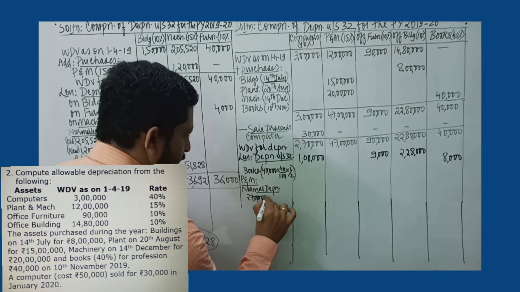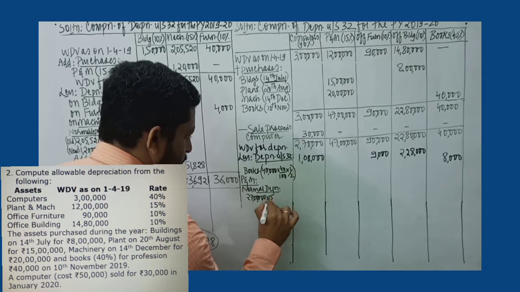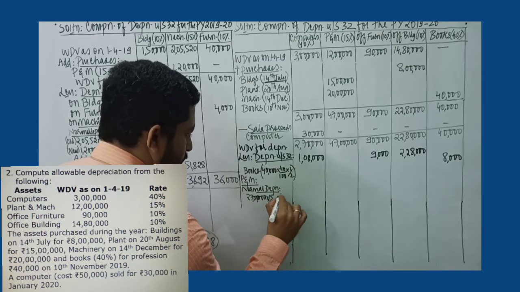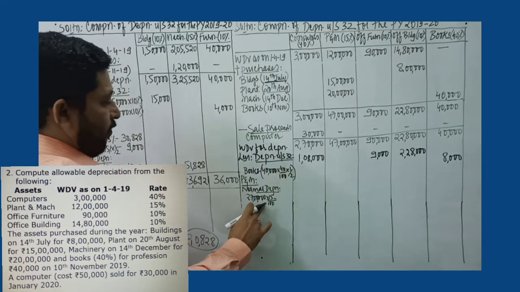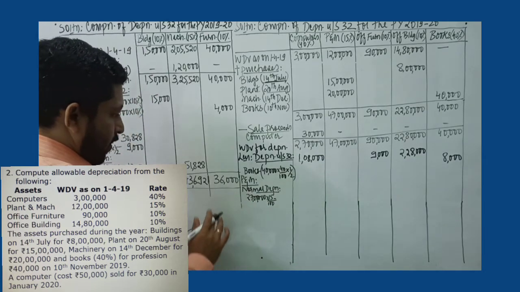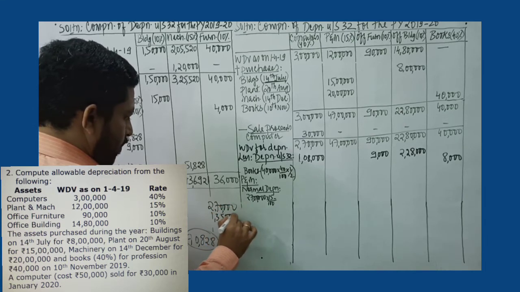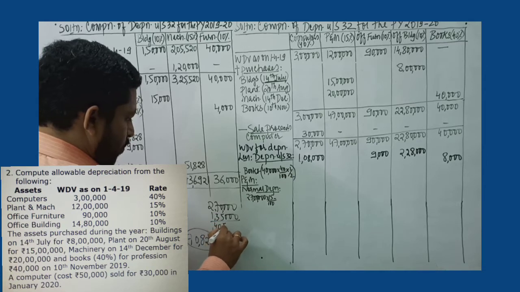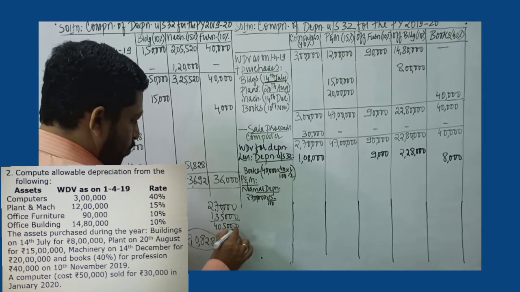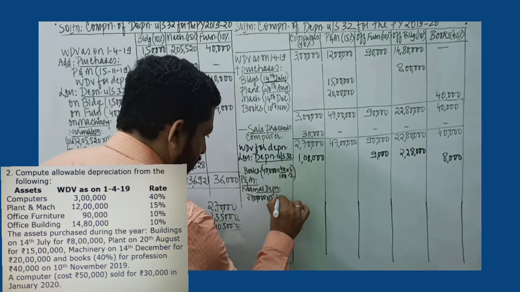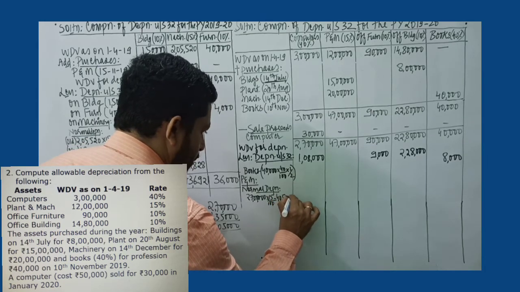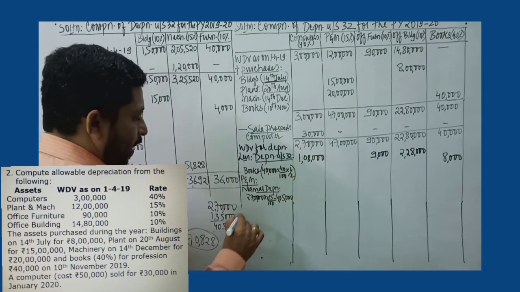27 lakh into 15%. That would be around 2,70,000 plus 1,35,000. So that would be 4,05,000. Yes. So I record 4,05,000. Then we have